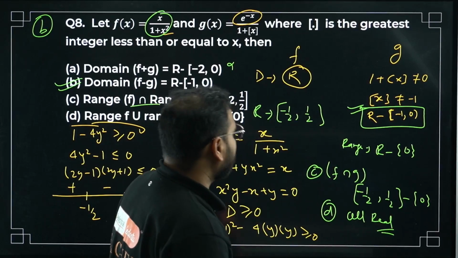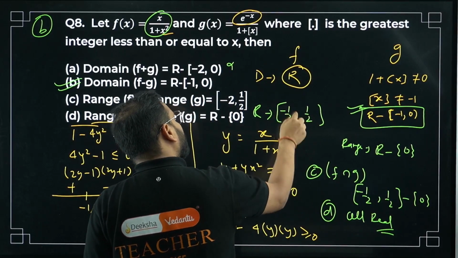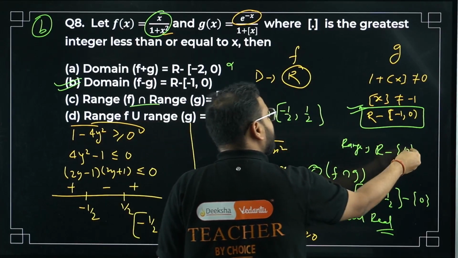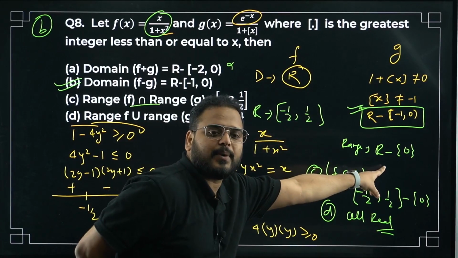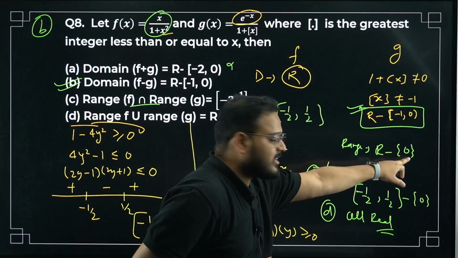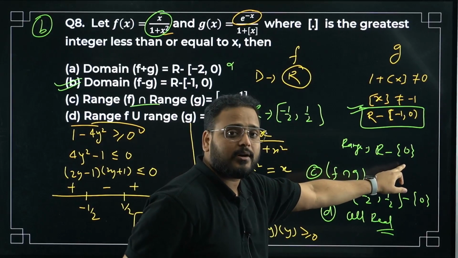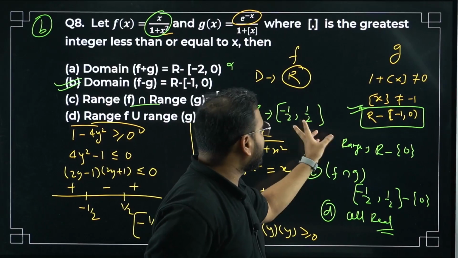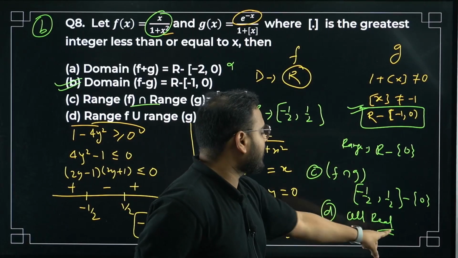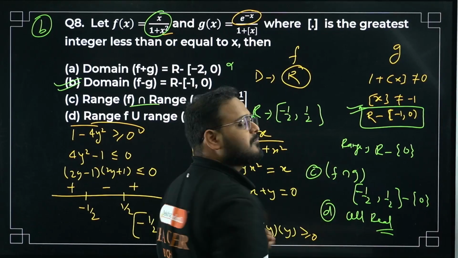This part, think about it. This range says 0 is not there, but over here 0 is there. If you include it, then 0 can be added over here. It will become all real only. This -1/2 to 1/2 is there in the real part. Correct, right? Only 0 was excluded, and that 0 is present over here. If you include that together, union, it will become all real.